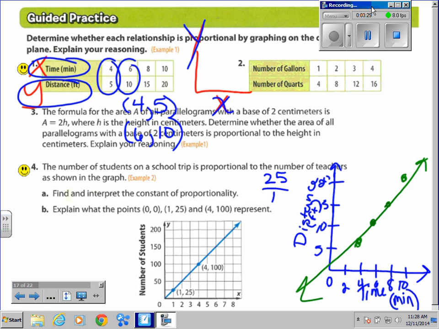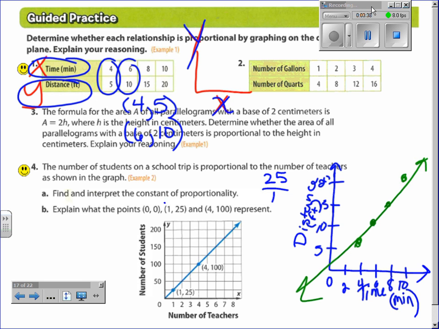Then it goes on to say, explain what 0, 0, 1, 25 mean and 4, 100 mean. Let's just cross this one off so we only have 2 to explain. What does 0, 0 mean? Yep. For every 0 teacher and 0 students. Okay, I would have said it the opposite. When there are 0 students, you need 0 teachers. Which makes sense, right? What about the 4, 100? What would that represent? Yeah. For every 100 students, there are